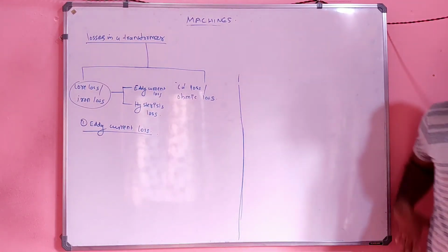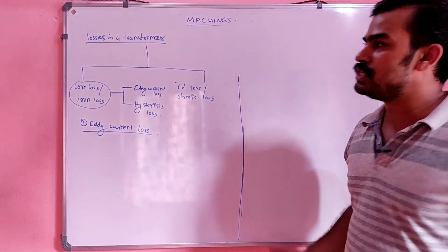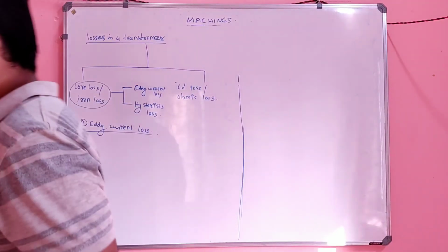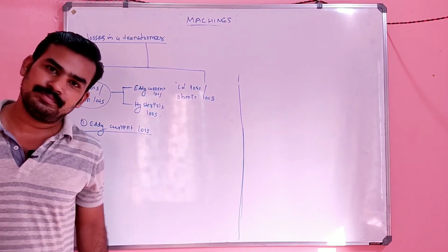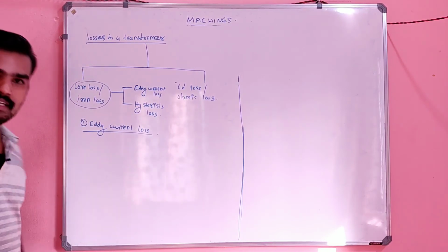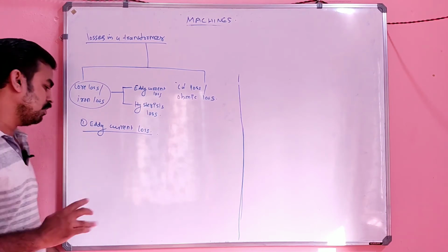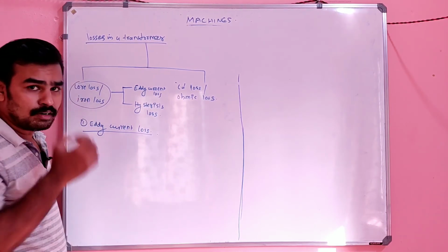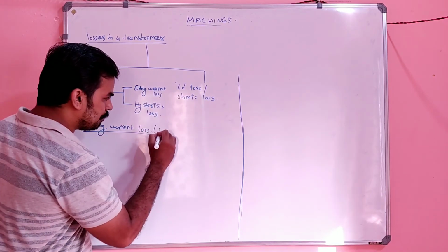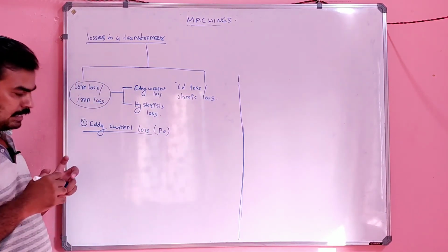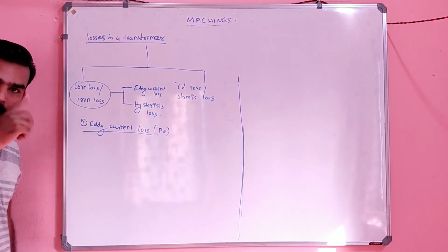How does it arise? It is due to the nature of the material, I mean, the characteristics of the material. First, you have to see eddy current loss. What is eddy current loss? It is represented by the term PE, capital letter P, small letter E. The meaning of eddy current loss is that,